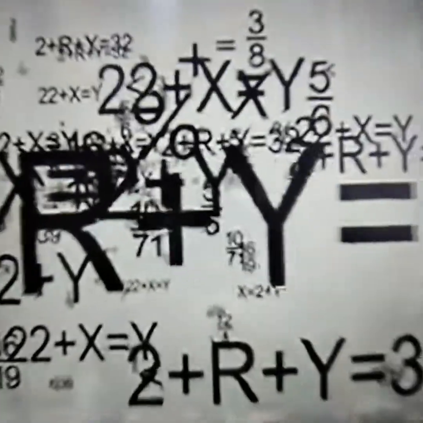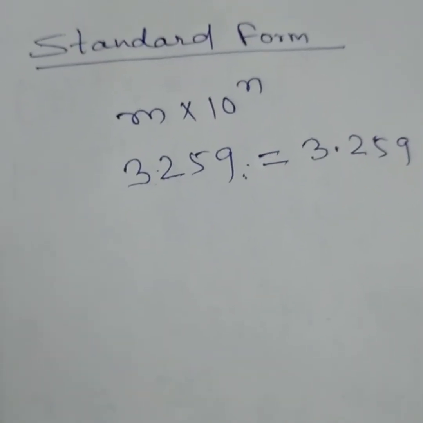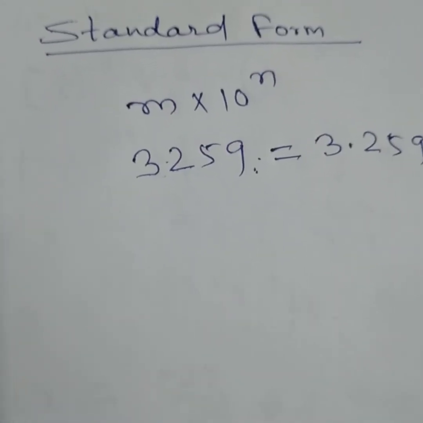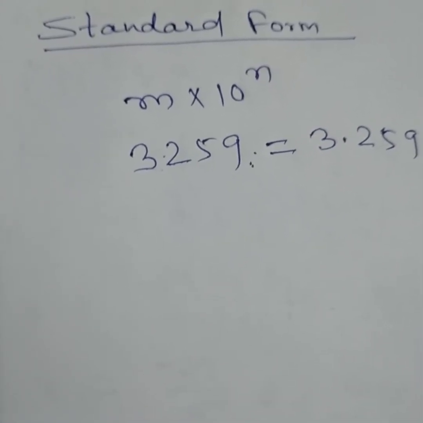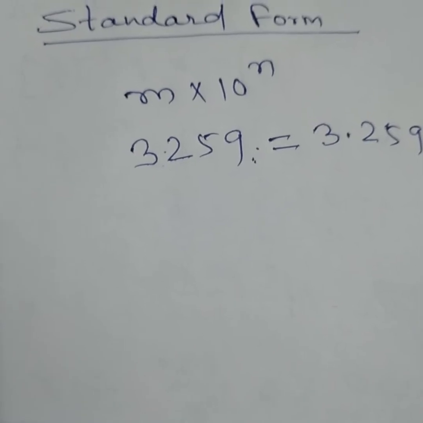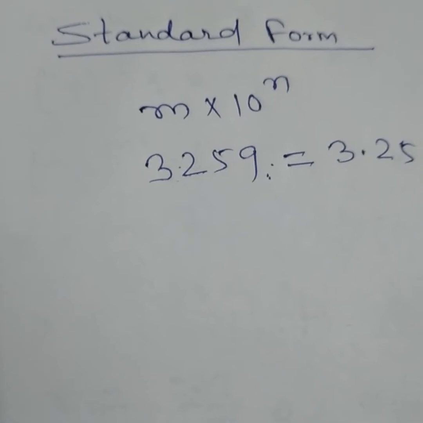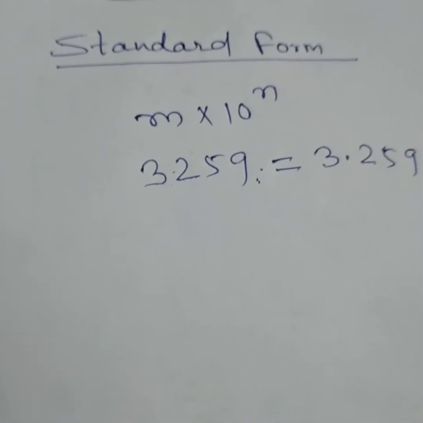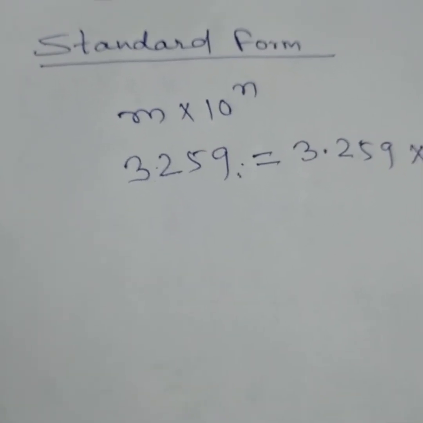Students, we have to understand what is the use of standard form, why we are using it. Many times standard form is required because these digits are very small, up to million, billion. After that there are so many digits. Suppose the distance from earth to moon, earth to sun, the digits are very large and we are not able to read the place value. In that situation we have to write the distance in this form. Because of that we are studying standard form.